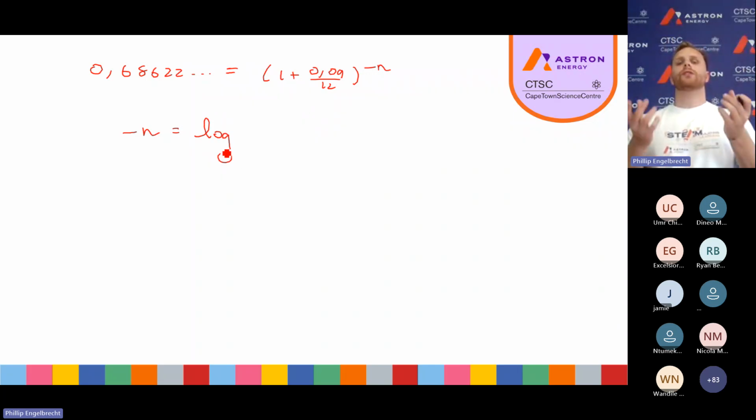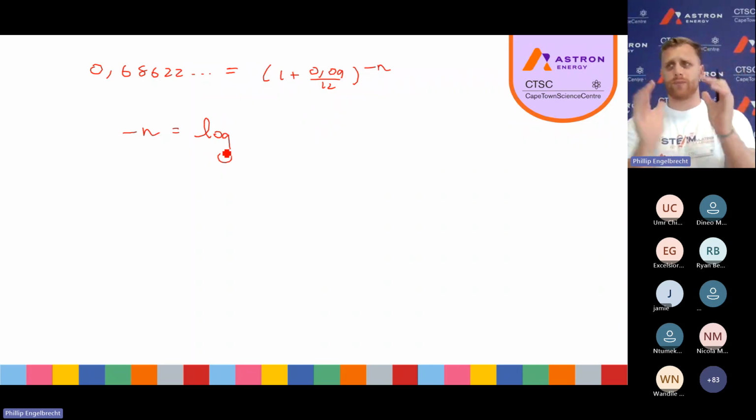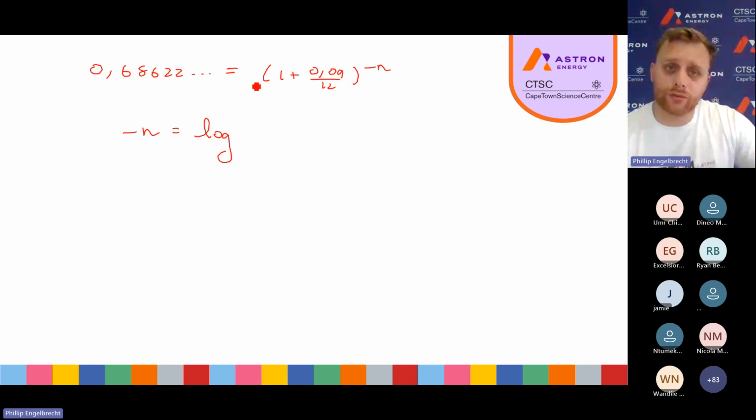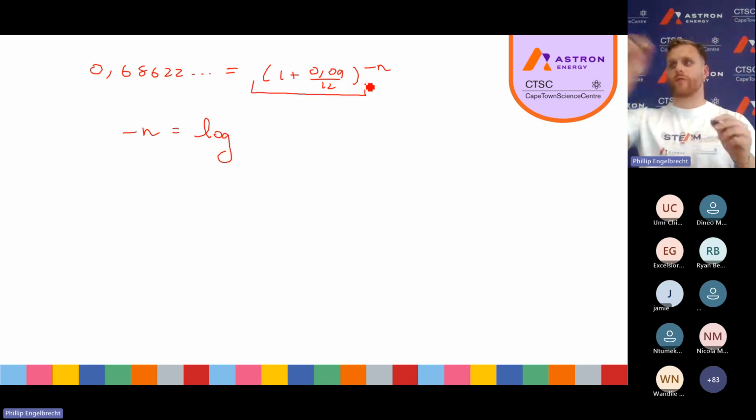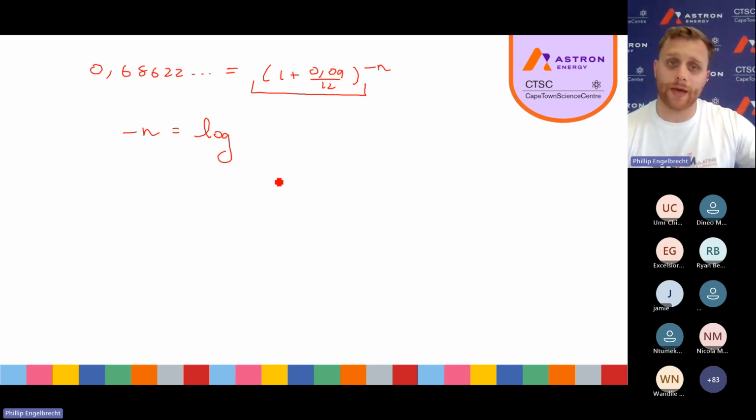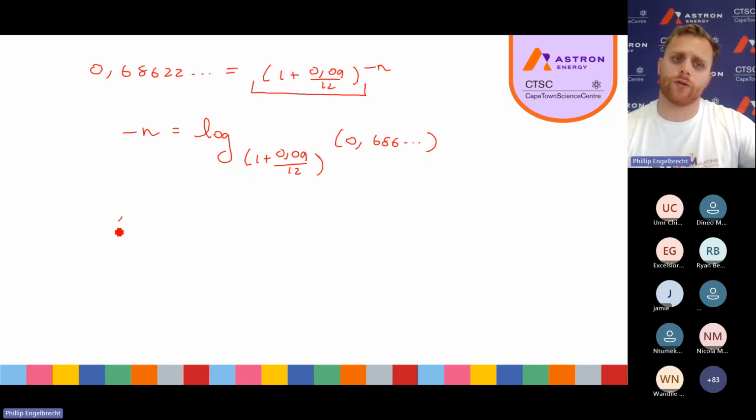Now, guys, which side do I use? Do I use this one in the brackets? Do I use that 0.68? I use this one, the base for my power n. So what is the base? 1 plus 0.09 over 12 of 0.686 recurring, and therefore you get that negative n is equal to negative 50.39. So therefore n is equal to